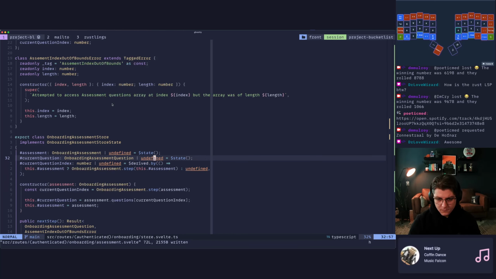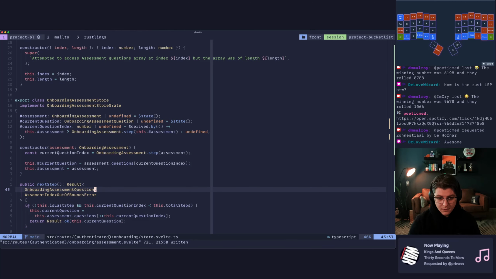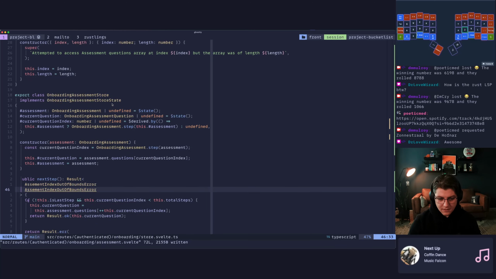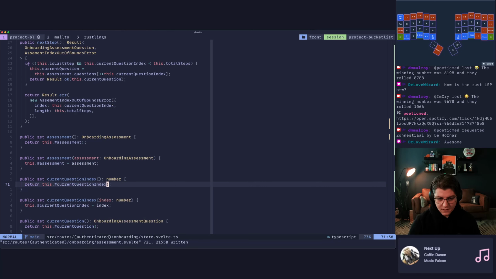But I want to change these from onboarding or undefined, because they will never be undefined, because we set these values in the assessment. And if you come down here and look, I have to use the non-nullish operator, which is the worst thing in TypeScript, to coerce it to a non-nullable value.